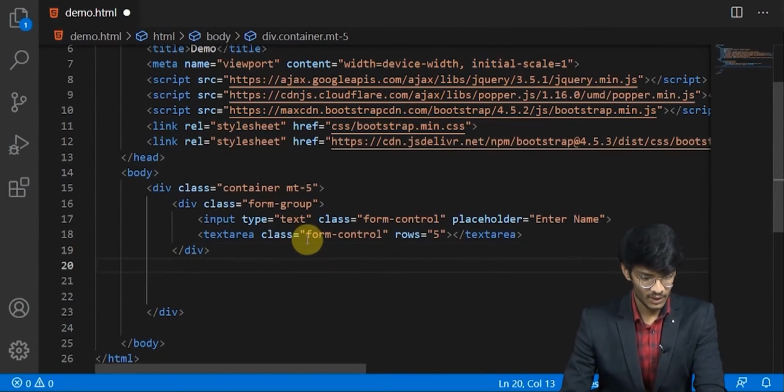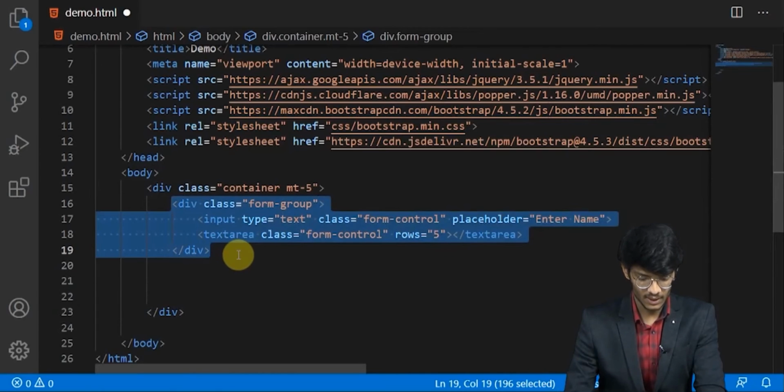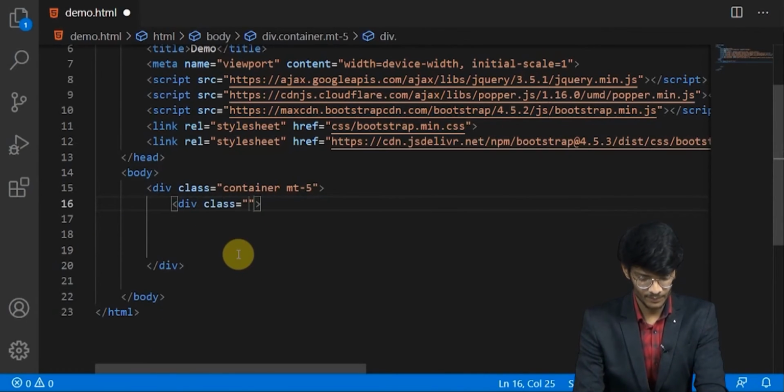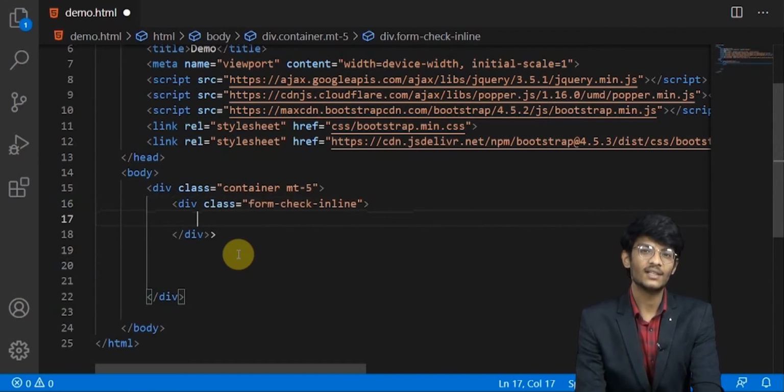Going forward, we will take a div class form check inline. This is for the checkboxes.